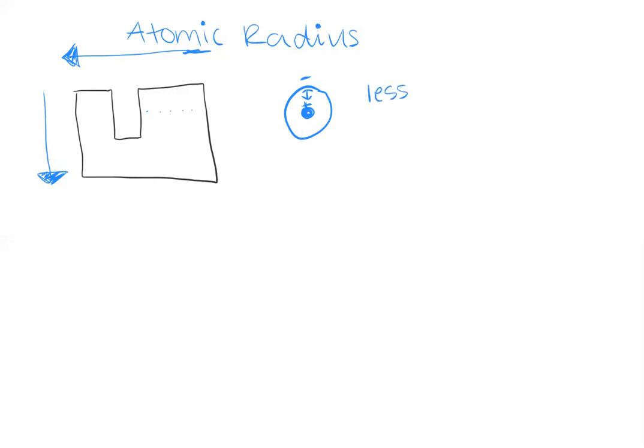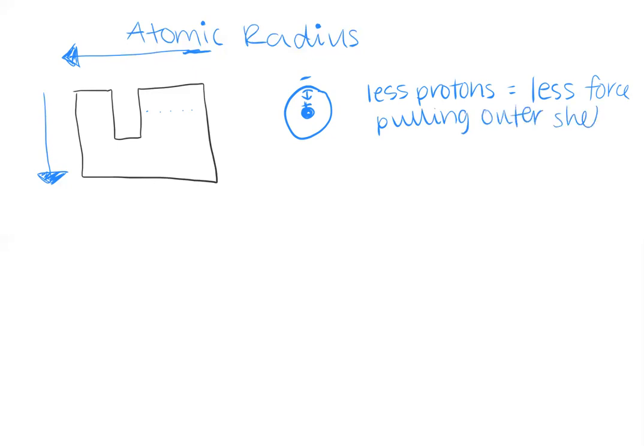So less protons means less force pulling the outer shell in. So more protons means there's more force to pull that outer shell in. So more force pulling it in means it's closer, so it's smaller. So less protons, less force pulling shell in equals bigger. Okay, more protons, smaller, and a greater force. So that explains why atomic radius increases as we move toward the left on the periodic table,